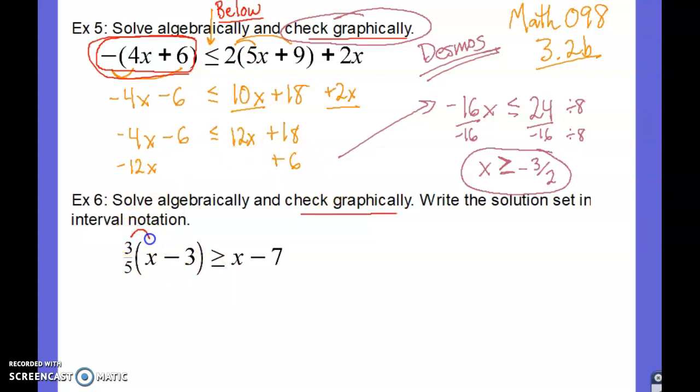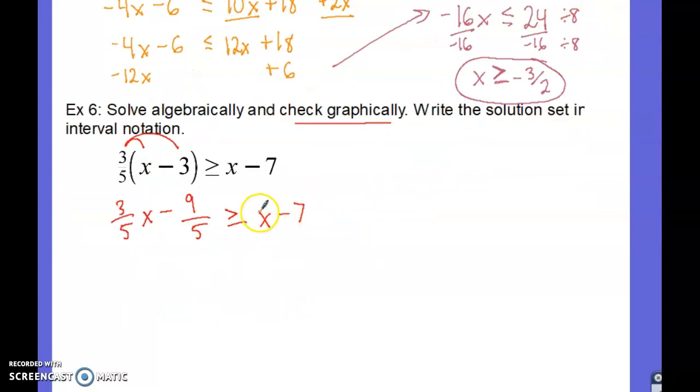So as you distribute 3/5 in here, at least this is how I would do the problem. 3 times 3 is 9, stays fifths. It's greater than or equal to x minus 7. Well, I would subtract x to the left side, and if you get the same denominator as 1, you can change it to be 5/5 is equal to 1. And same thing with this 7, you could change that 7 to be 35/5. Now it is negative 35/5. Maybe I'll just show that for you. So when you add 9/5 to the right side,